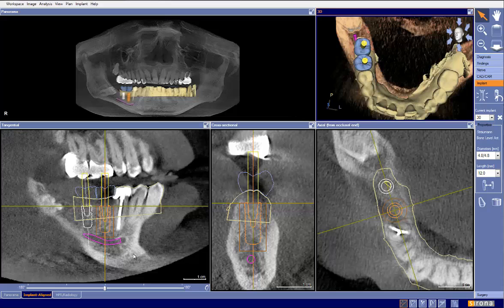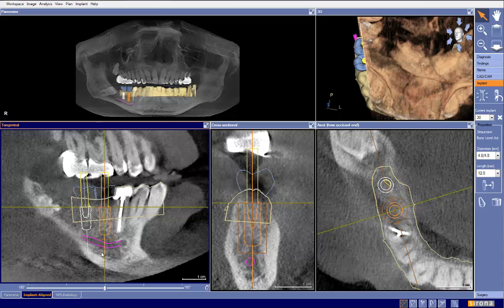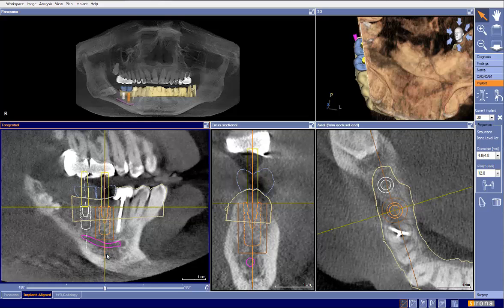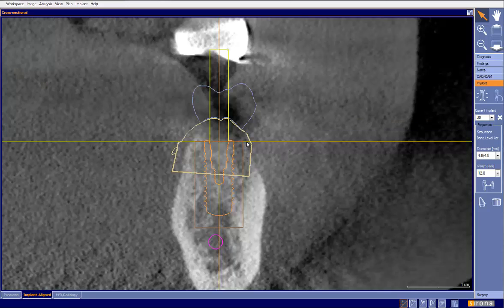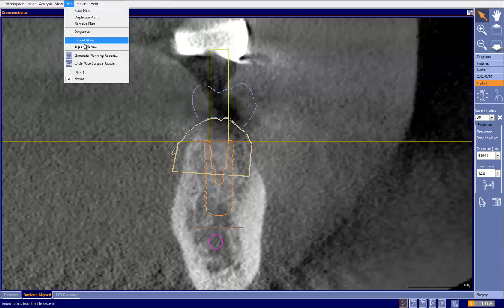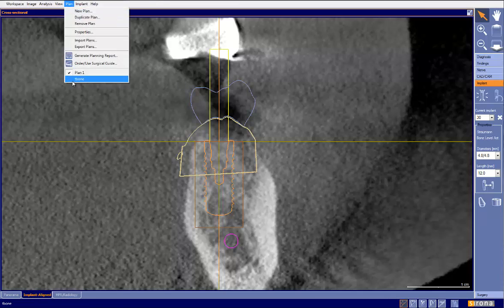So the second concern I have on tooth number 30 here, and let me actually back up for a second. I believe that this could be tilted a hair more this way, but honestly that's not too bad. So we'll leave that alone. We'll say that is fine. So if we look at it here, I want to stress this area right here. Look at how we're centered in the bone here compared to right there. You can definitely see the difference in this plan